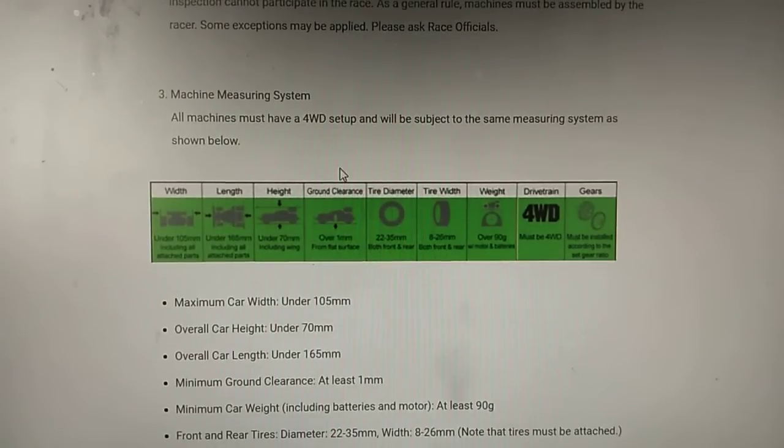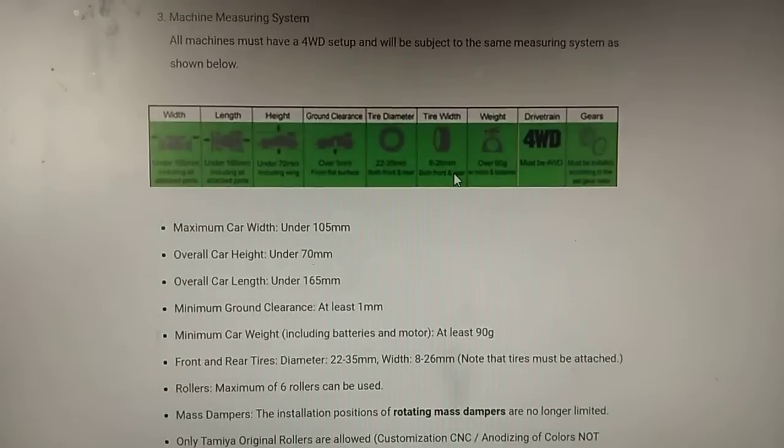Machine measurement. Alright, machine measuring system. Ito yan. All machines must have a four-wheel drive setup and will be subjected to the same measuring system as shown below. Kailangan lang alam nyo to. Anyways, baka hindi gano'ng kita sa diagram. Pakita ko na lang. First one, yung tinututukan ng arrow is yung width.